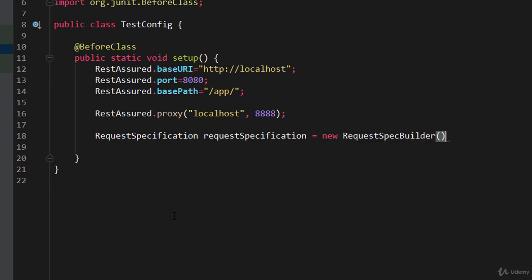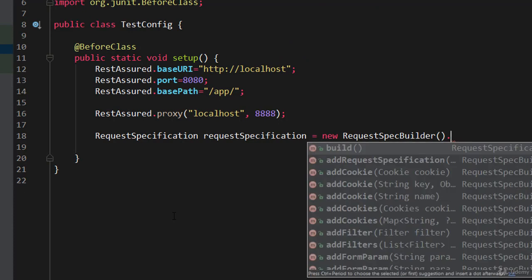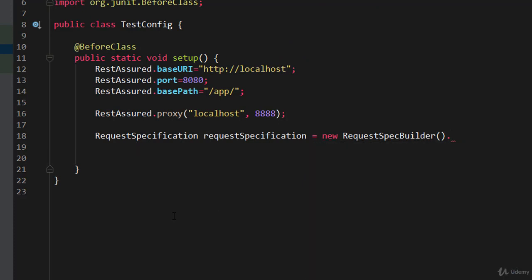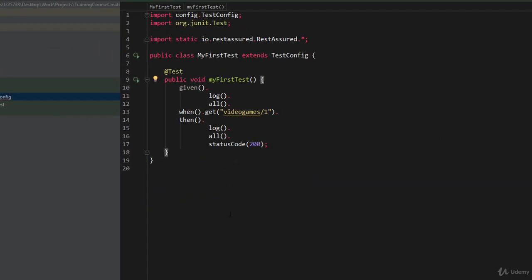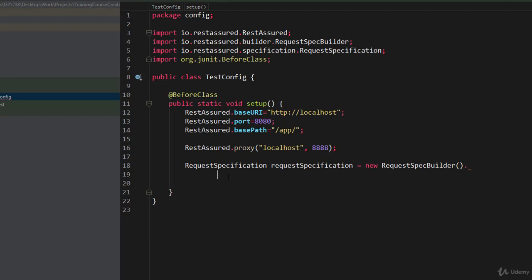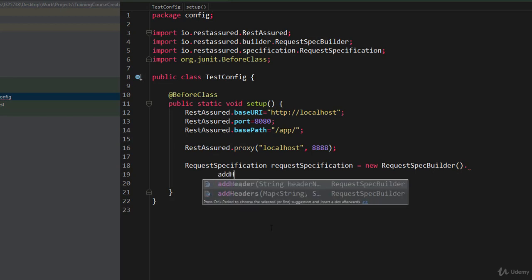Okay, now all that we're going to do is add in a couple of headers that we want to use in all of our calls. If you remember, in our calls so far, the response that we've been getting back has only been in XML. If we want to get the response back in JSON, we need to add in an accept JSON header. So let's add in the accept header and also add in the content type header as well